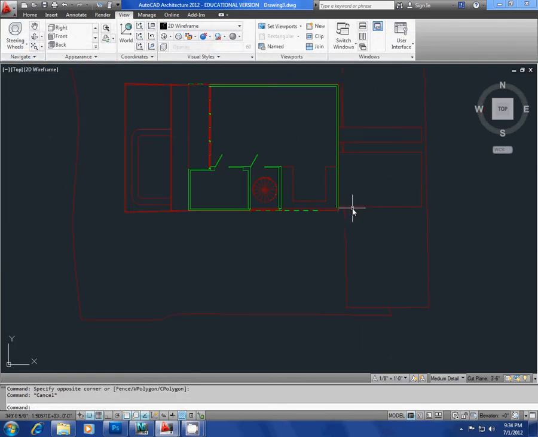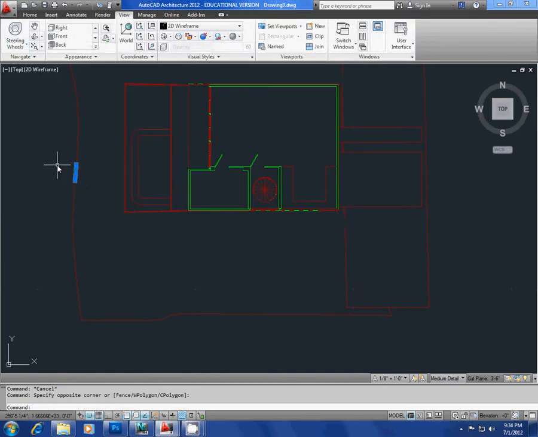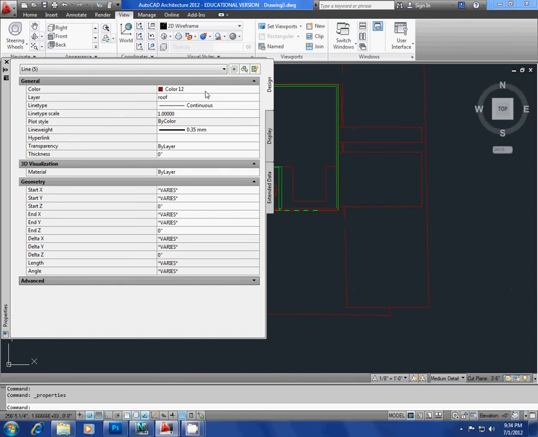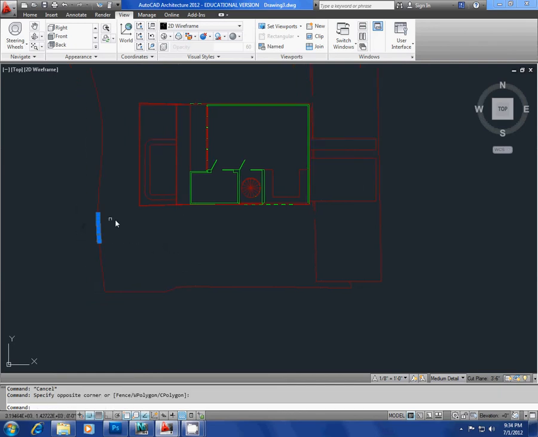This color. You know what I can do? There it is, color 12. So I didn't need to explode it. Well, I guess I exploded it to see what color that is, because now what I'm going to do is